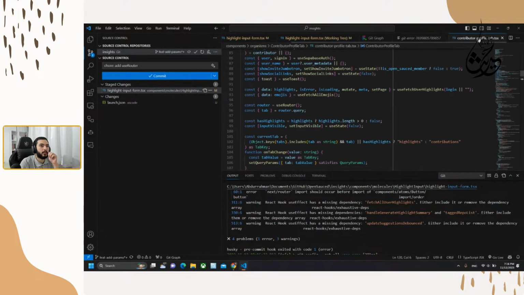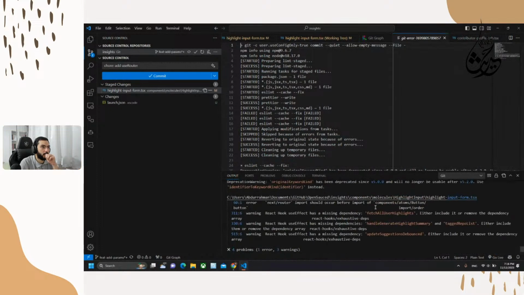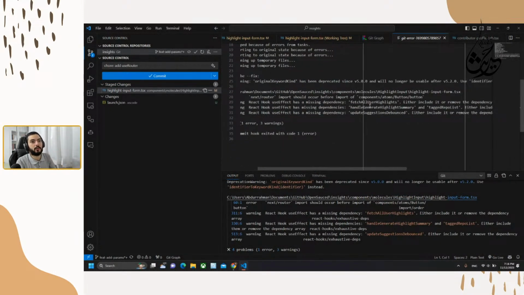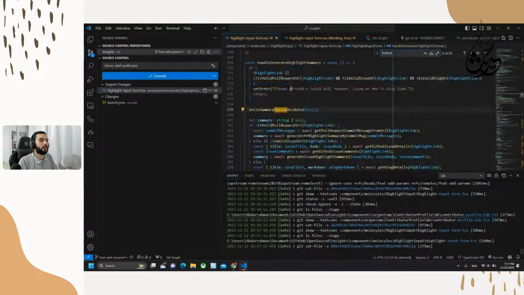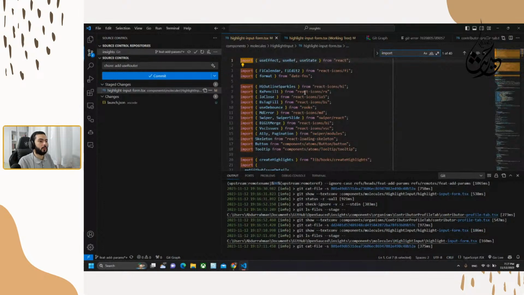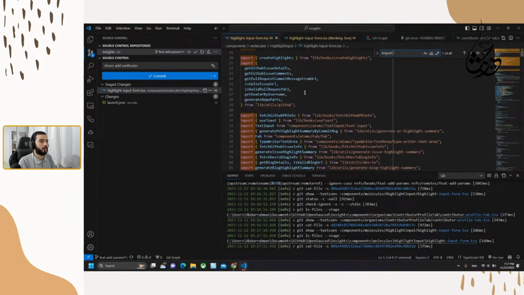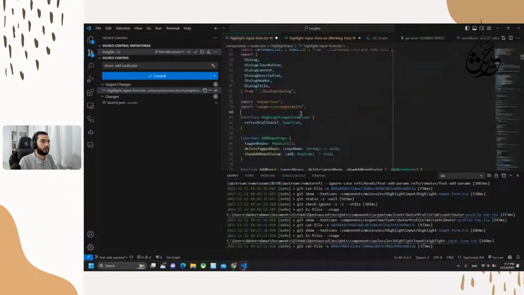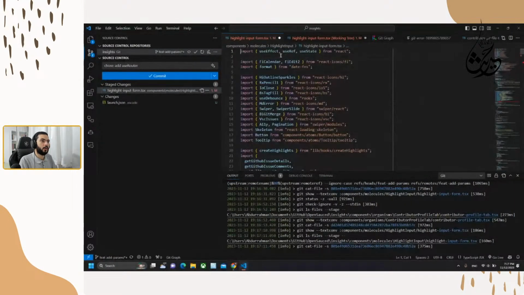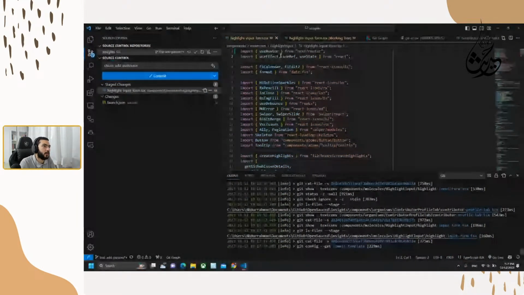Okay, so I think I need to fix these errors here. Where are they? These ones. So here they are saying next. Okay, so next router import should occur before import of button. So the next router import, which is this, should be before. Yeah, so I think it should be at the beginning with the use effect.